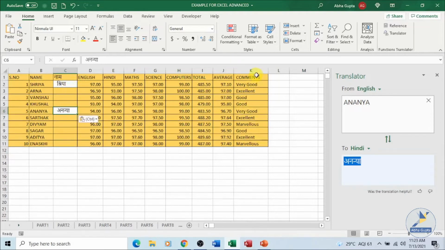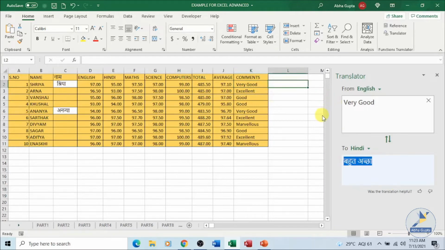Now the same thing can be done with comments also. We have comments over here. Let's change the width. You can see the comments over here. You can copy and you can always go back and paste.